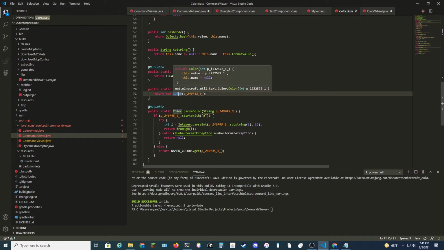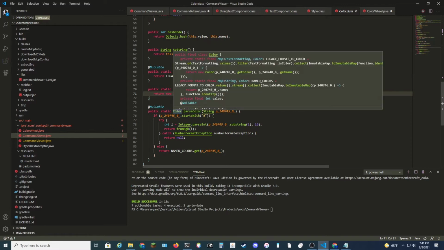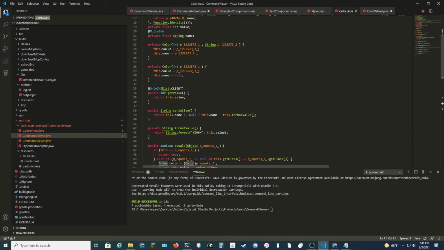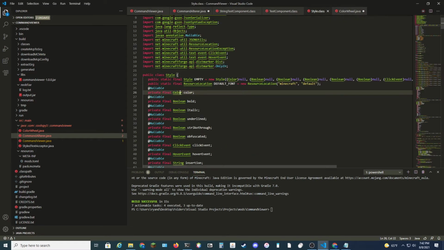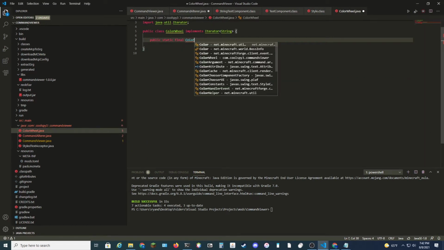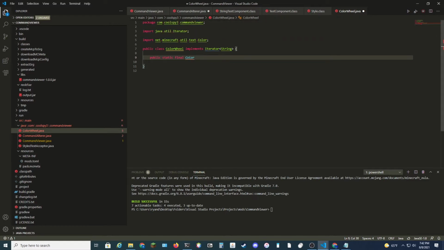Return new color. So what's this? Okay. So yeah, it looks like we can actually just create Minecraft colors pretty directly, by just passing them to the constructor of the Minecraft color class. So color array was actually,